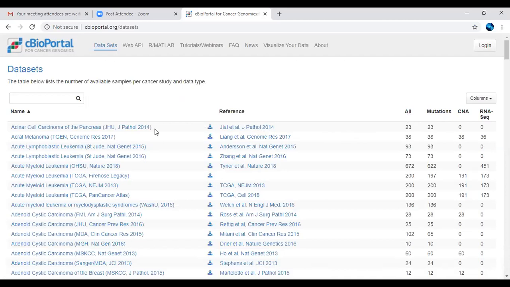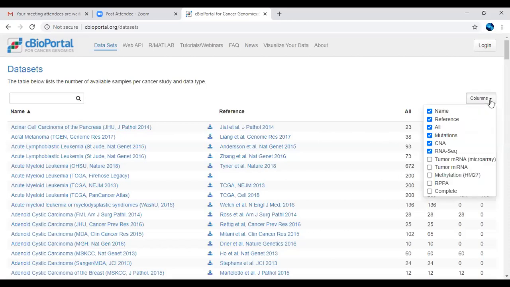And here you can see the cancer type information with respect to the literature data. And here you can see the mutation information with respect to this particular cancer type, copy number alterations, and RNA-seq data. Even more columns are also available.